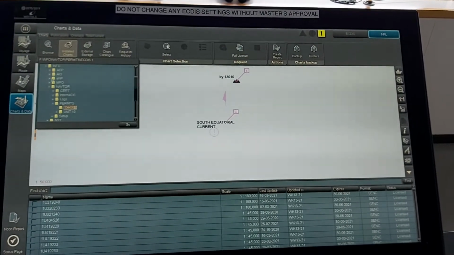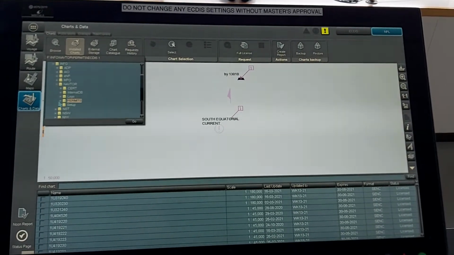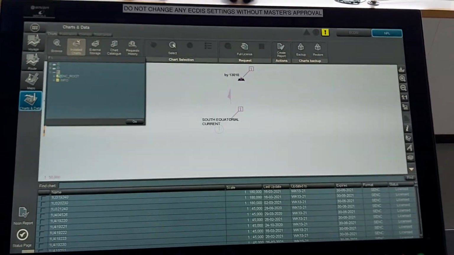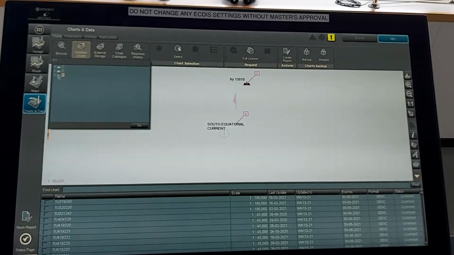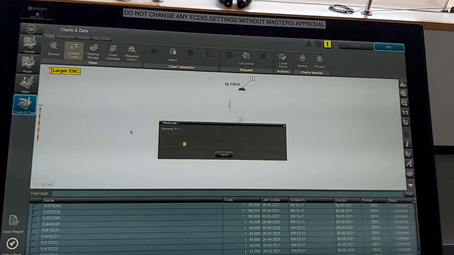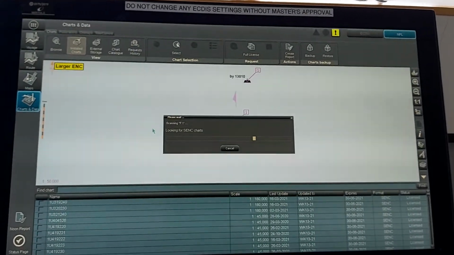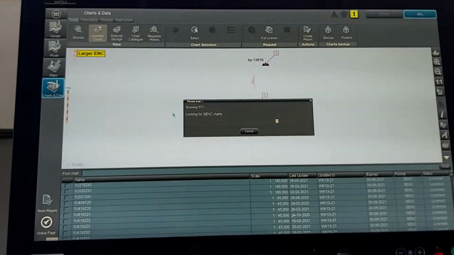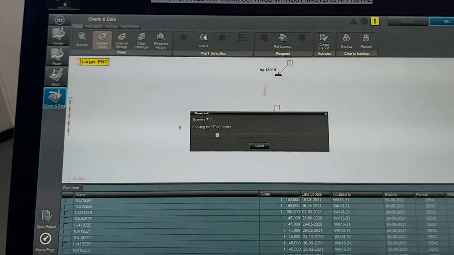We will go to browse. Now here we have to select F drive, nav stick F drive. After selecting F drive, now looking for the charts.